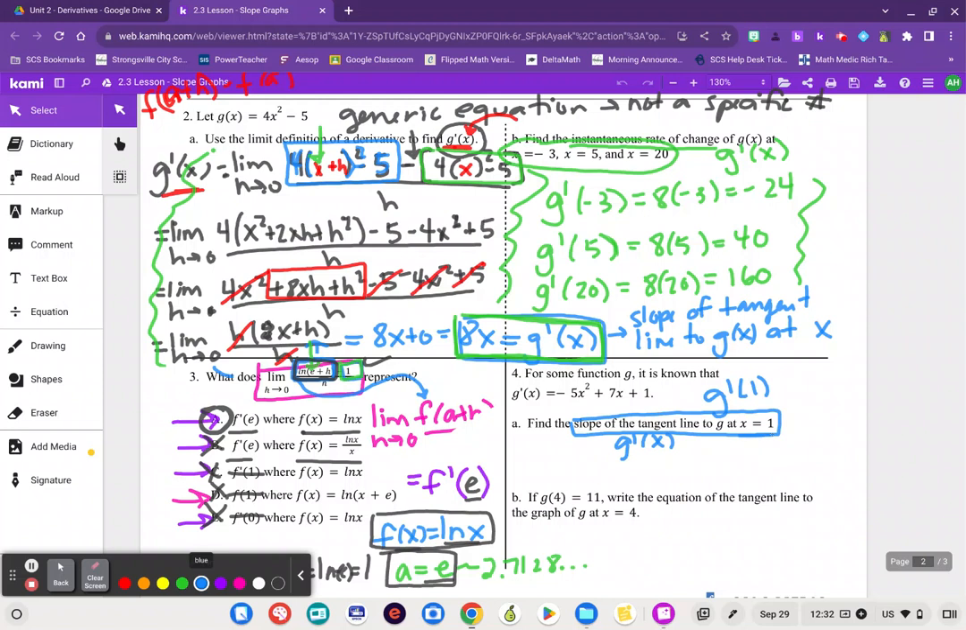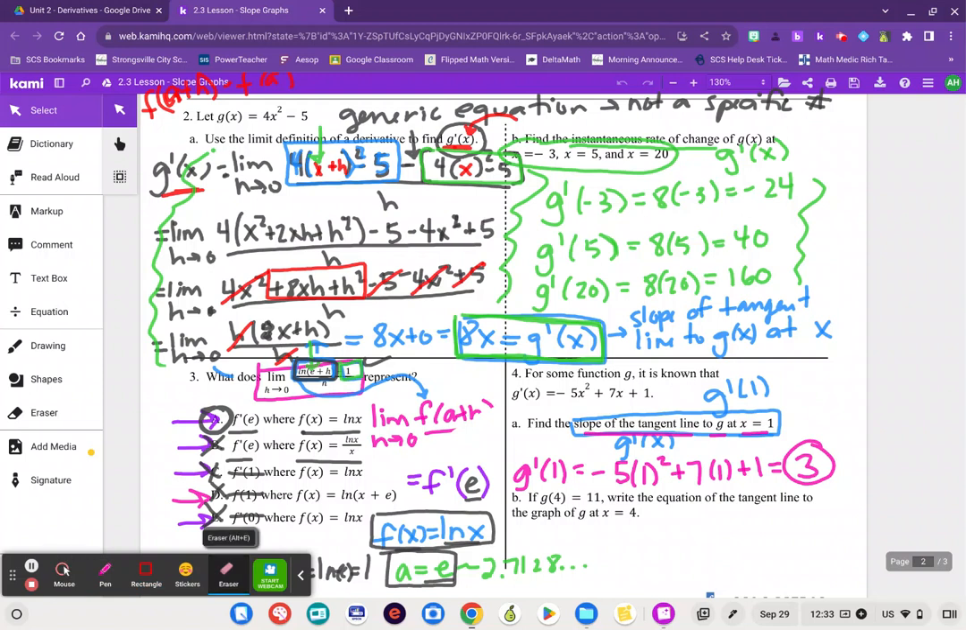At x equals 1, so I'm going to substitute 1 in for x. I'm going to say g prime of 1. This is my formula for the g prime function. So I'm going to substitute 1 into that function and calculate. Let's see, I get negative 5 plus 7, that's 2, plus 1 is 3. The slope of the tangent line to g at x equals 1 is 3. That's what you found. B says, I'm going to erase this too so it's out of the way. B says,